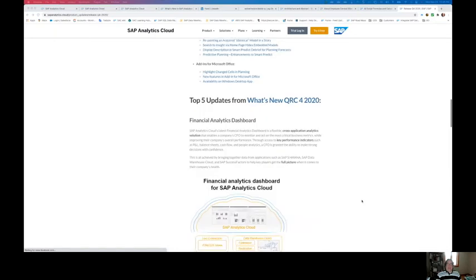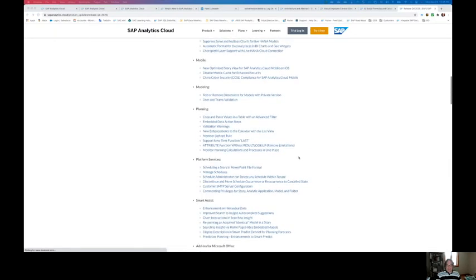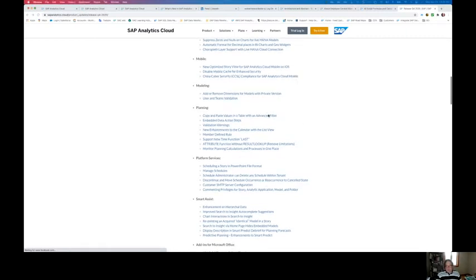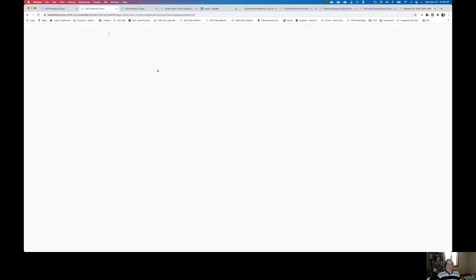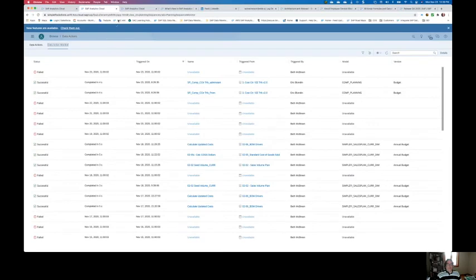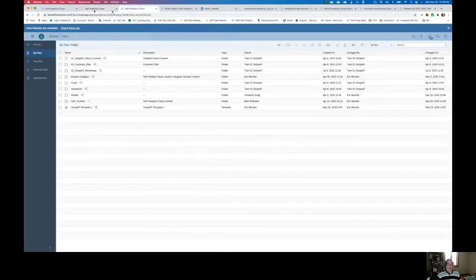So if we go back to planning, some of the key elements that were improved. Some of them are basic. If you don't use the tool, you'll have a bit of a challenge figuring out what that means. But they do make small enhancements, nice to have sometimes, that will really simplify how you use it. One of those I want to show you today is the validation warnings. Validation warnings in SAC, it's been a while now. They've been providing us the possibility of